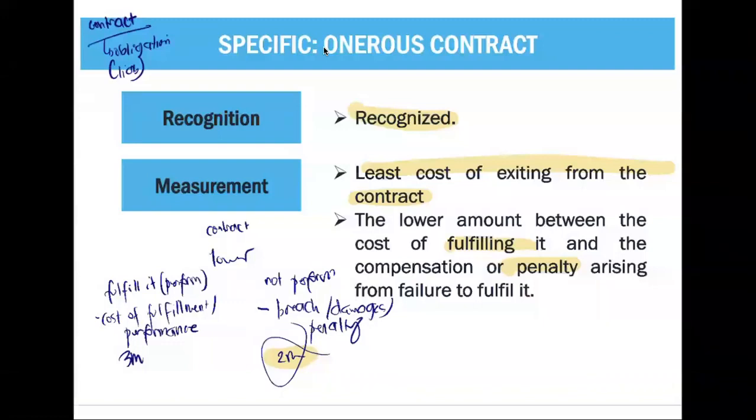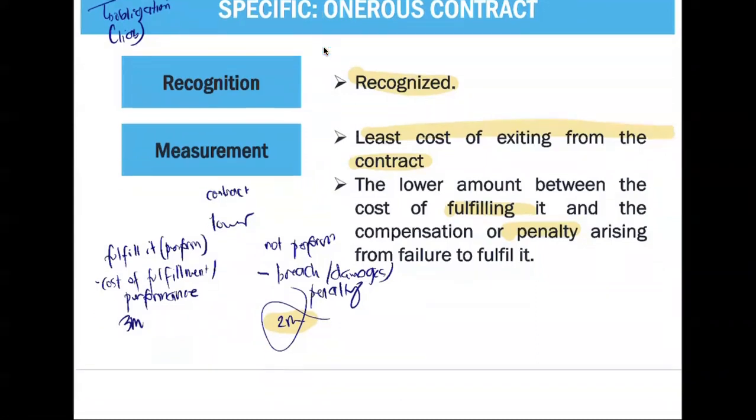First, we had your future operating losses. Future operating loss is considered not recognized. Onerous, recognized. Why? Because your contract creates an obligation or a liability. How should we measure it? Lower between the cost of fulfilling it or the cost of the penalty or breach or damage. Okay? Last one,